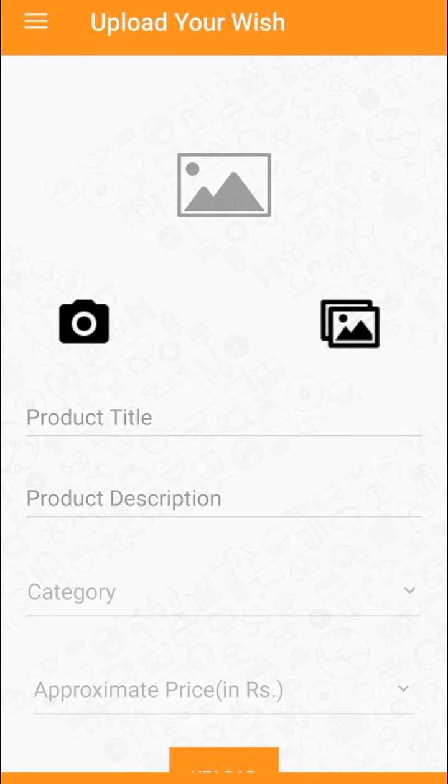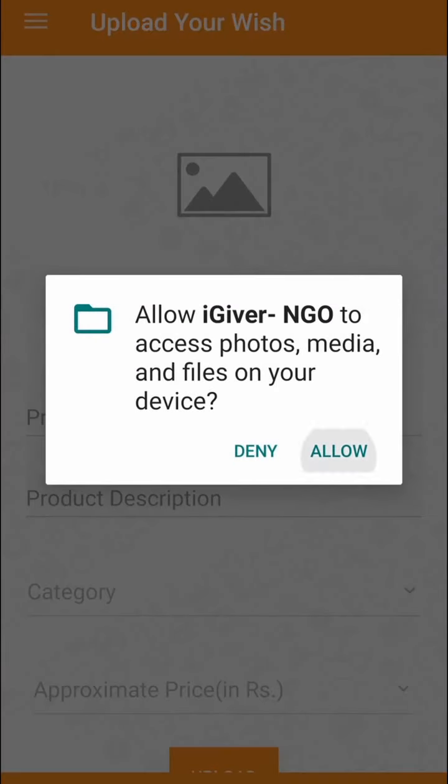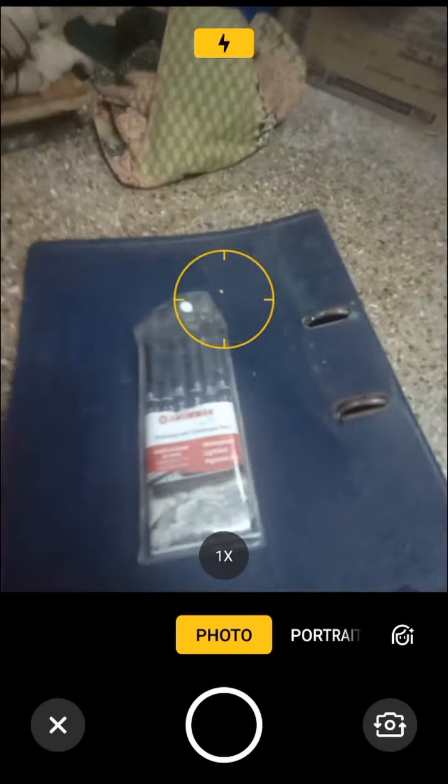This is something that the NGO wants. Let's take a small example. Okay, so here click on the camera icon, just say allow, and allow for the products as well.